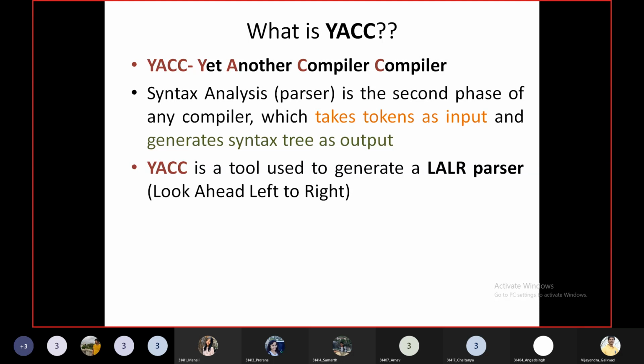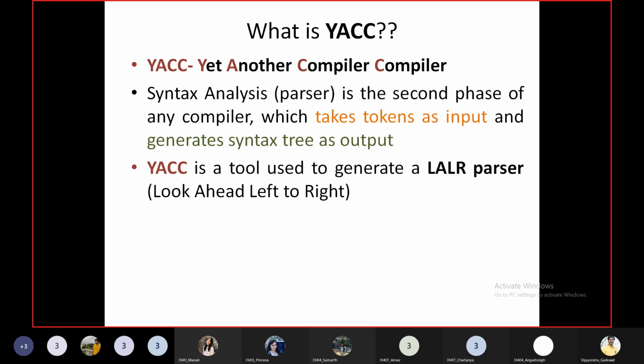So when we are verifying the syntax of the variable declaration that we have to do in this program, we are going to look from the left side towards the right side. So that is called as LALR parser. Understood? So if you remember, when you studied context-free grammar, you must have used both the methods, left substitution and right substitution, right?